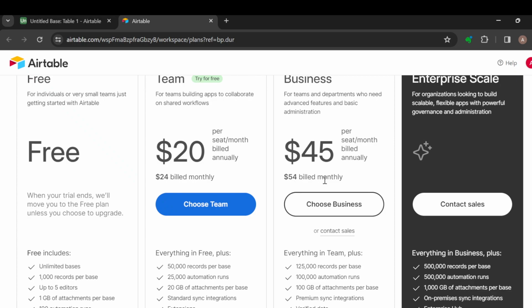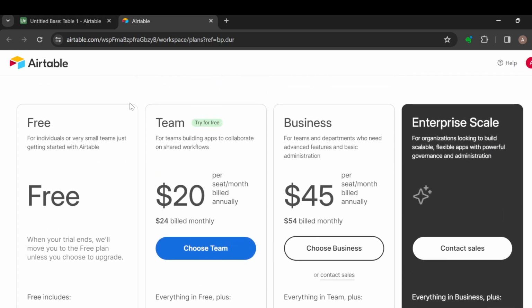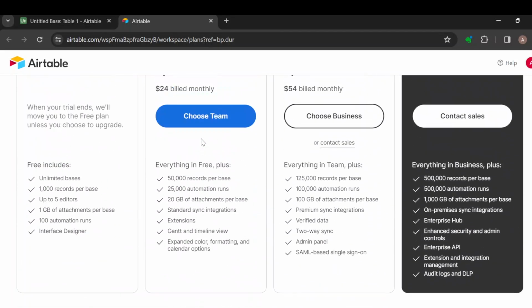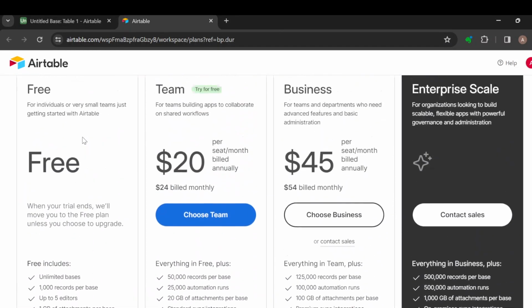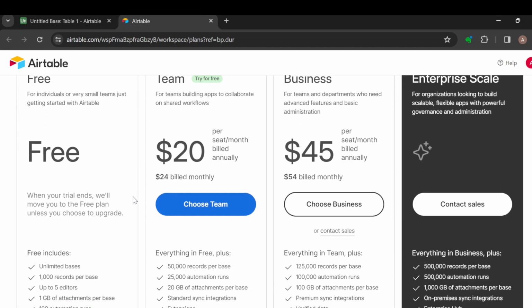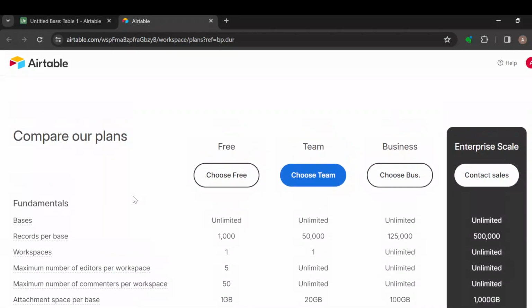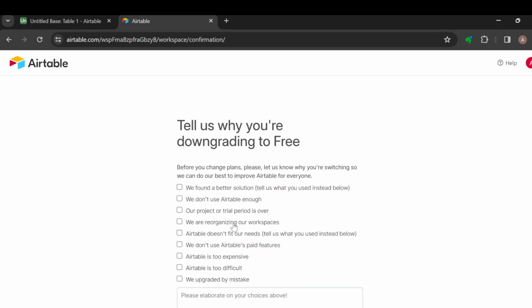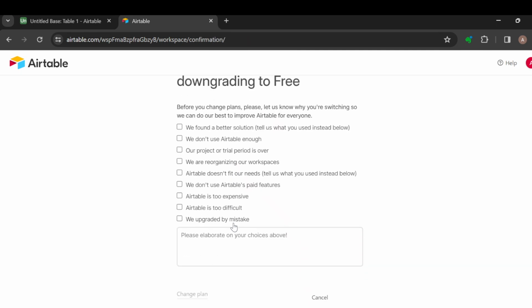So once you're on this page, you can see different options, right? You can see the free account, you can see the paid one, so you can just select the one that applies to you. For me, I'll be working with the free option, all right? And then once you're done, you can see the option choose free. Yeah, after selecting choose free, the page would load as well,